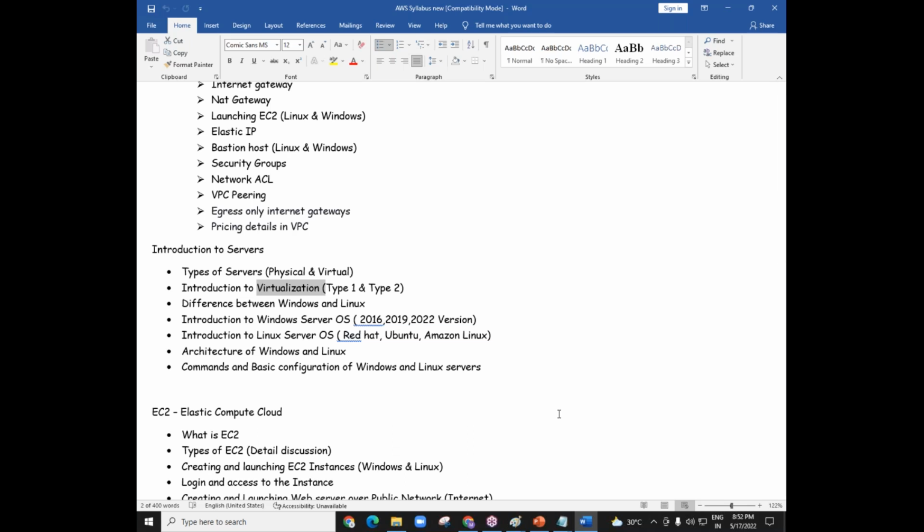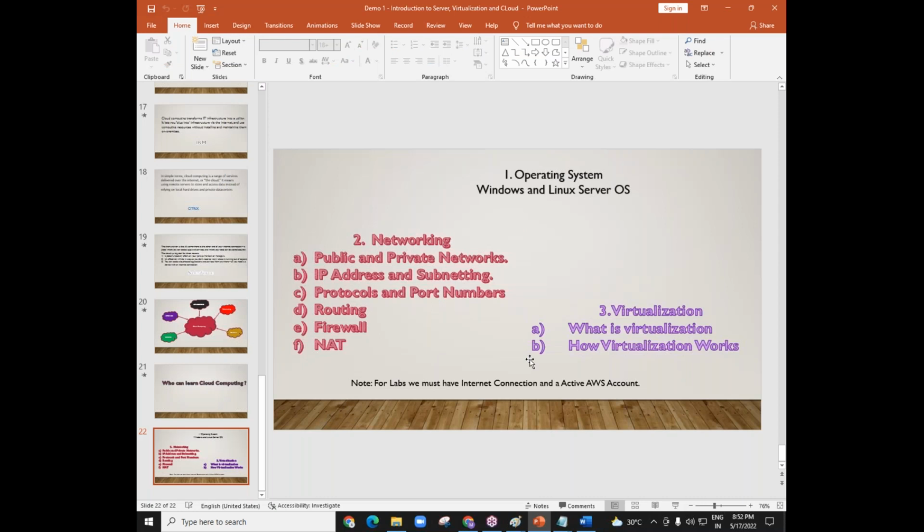Done. So to learn cloud computing, if someone says there are no prerequisites, okay, maybe they are correct up to some extent, but they are not 100% correct, my friend. You still need to have these requirements. I'll ask a simple question. Anyone here in this group as of now who has the knowledge of Windows Server and Linux Server plus networking plus virtualization? Any one of you have the knowledge of all the three concepts, my friend? The answer will be no for sure.